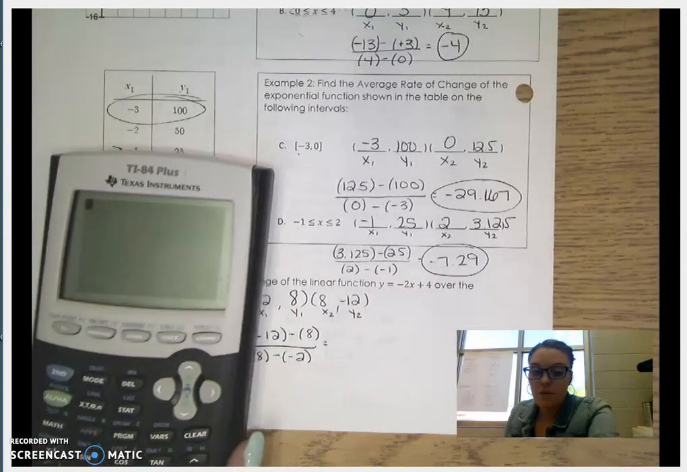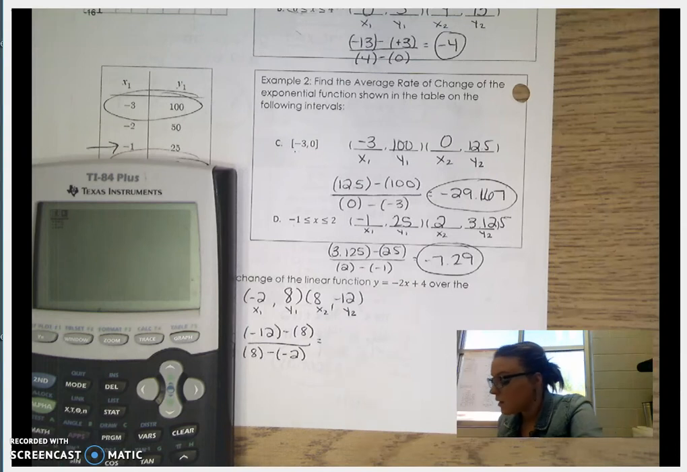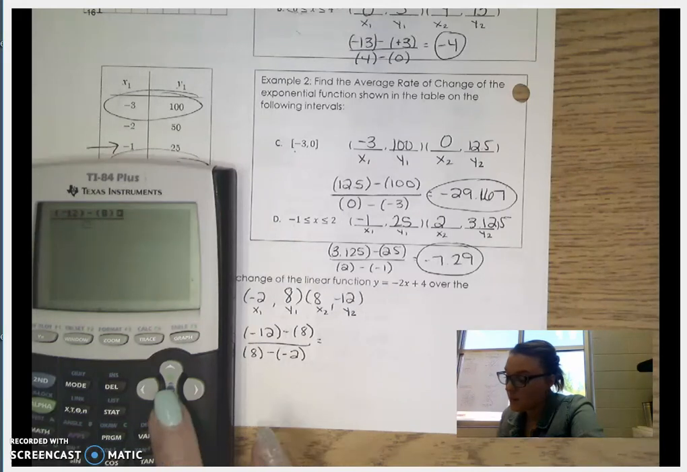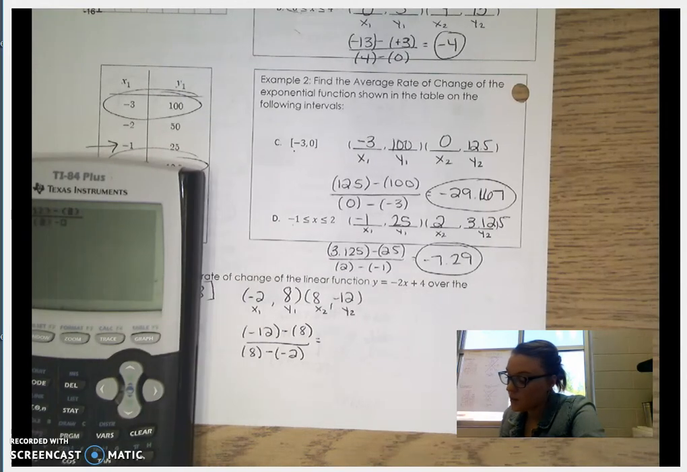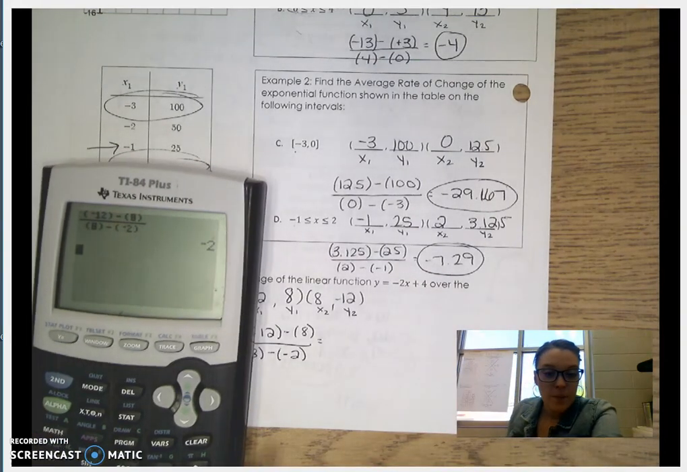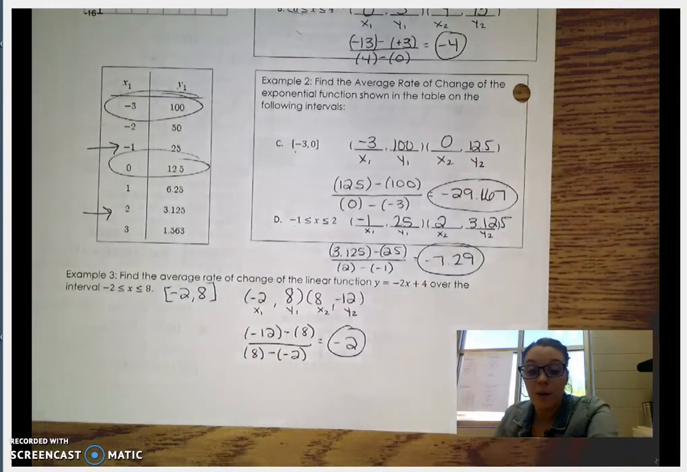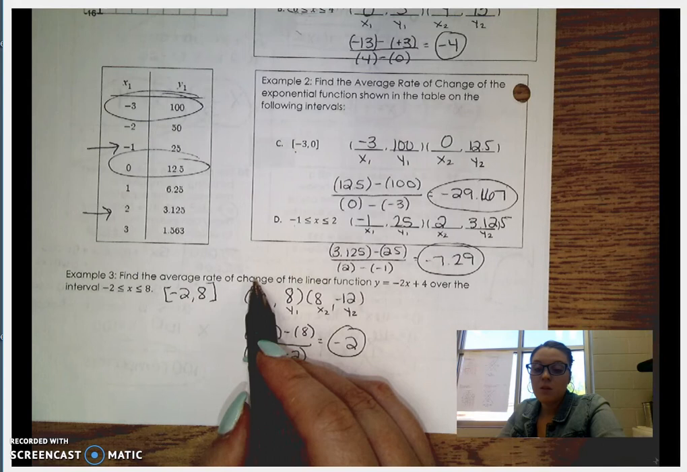Clear everything out. Alpha y equals enter. -12 minus 8 over 8 minus -2. And I get -2. And really, if you think about it, average rate of change is the same thing as